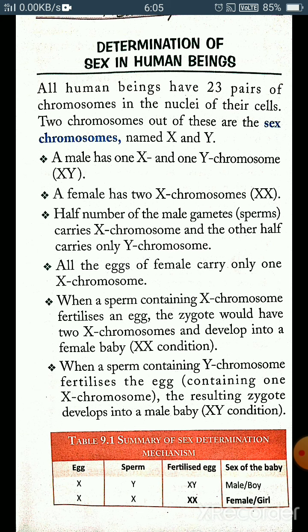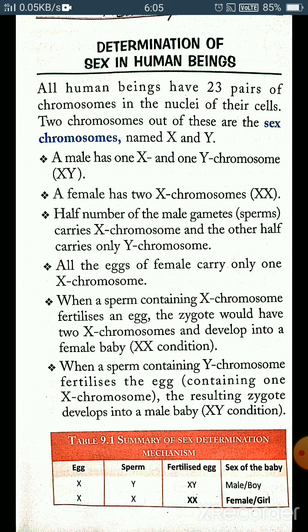When the X chromosome of male fertilizes with the X chromosome of female, then a baby girl will be formed, right? And when the Y chromosome of male fertilizes with the X chromosome of female, then a boy or male baby